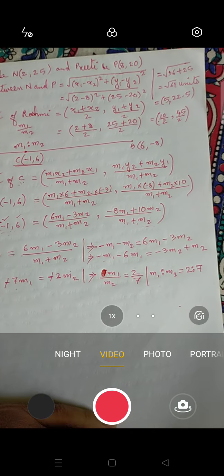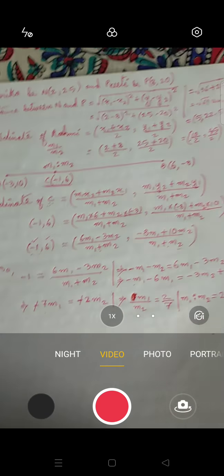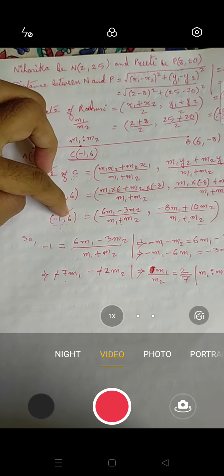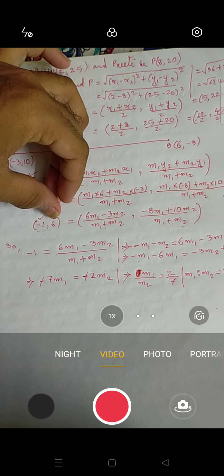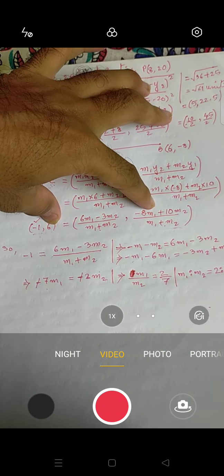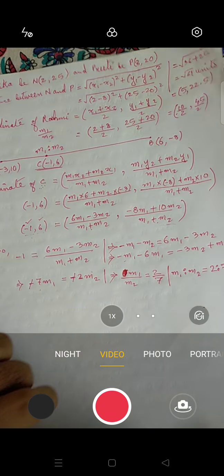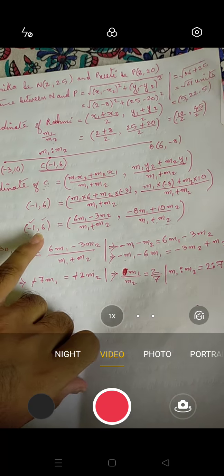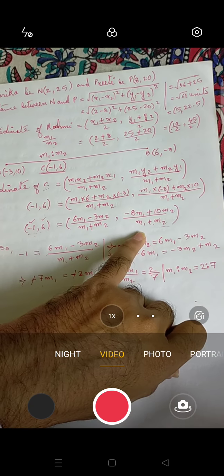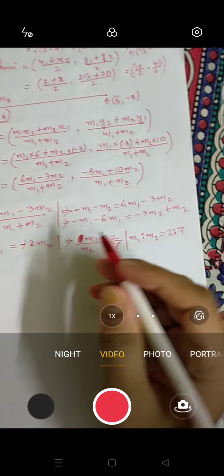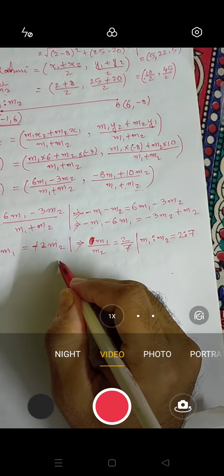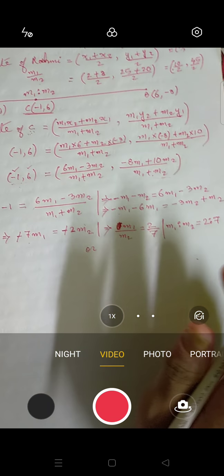Now, if any student wants to find, that means if they want to take this y-axis, that means the value of y, so they can compare with this and this also. So your answer is over here, just to show you that when you solve this and this, you will be getting the same result. So I am writing this one just to show you. If you want, you can write, otherwise it's up to you. You can leave also, no problem.